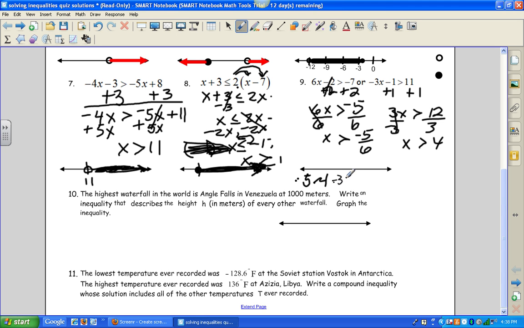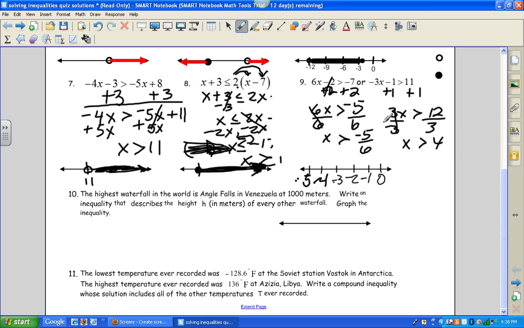-3. Yeah, that's a little better. -2, -1, and 0. Alright, so then I put my marks above all of my numbers. And then I want x is greater than 4, which,